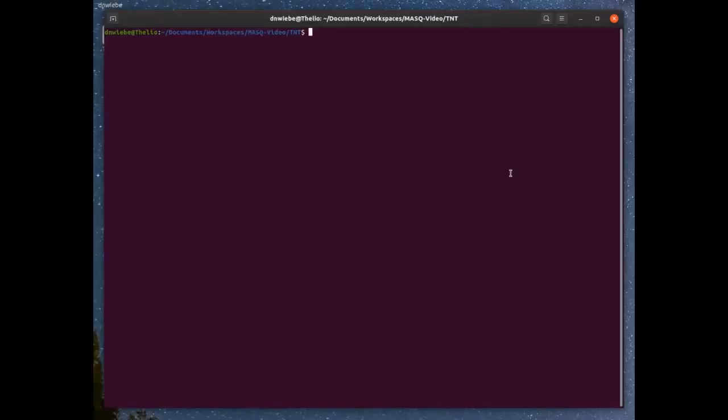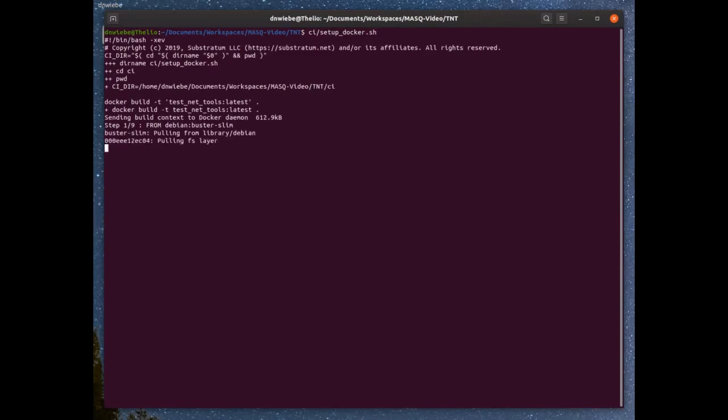So we'll run CI setup Docker here. We're downloading the image from probably Docker Hub.